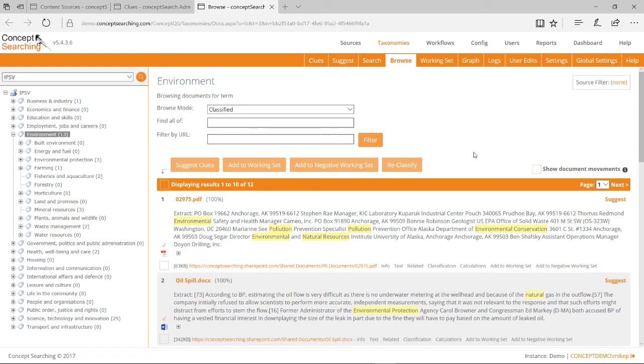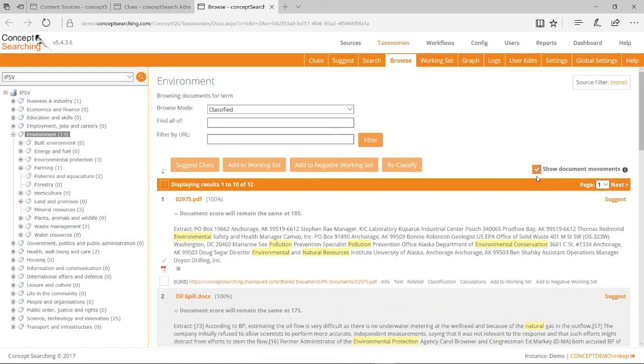One of the ways is utilising this checkbox that we see over here, Show Document Movements. By ticking this, what's going to happen is an on-the-fly classification is going to occur in the background and identify to us whether, based on whether or not we've changed the rules, the scores will change for these documents. So we might have added some natural language to identify this document, or we may have removed some natural language from the rules. In this case, because we haven't changed any rules, we would see, obviously, that the scores have not changed, and this is completely expected behaviour.